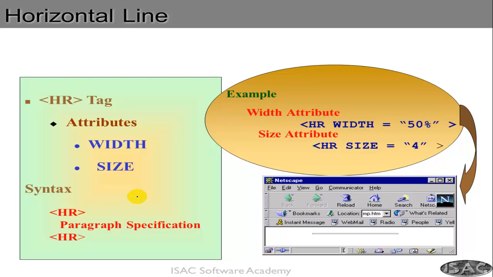Next is how to create a horizontal line, which is very important, right? Sometimes we create a horizontal line to divide between 2 paragraphs or 2 areas of your HTML page. The concept is very simple. It starts with the HR tag, like this. And then there are 2 attributes. One is called width, another is called size. Width means the length of the line, and size is the